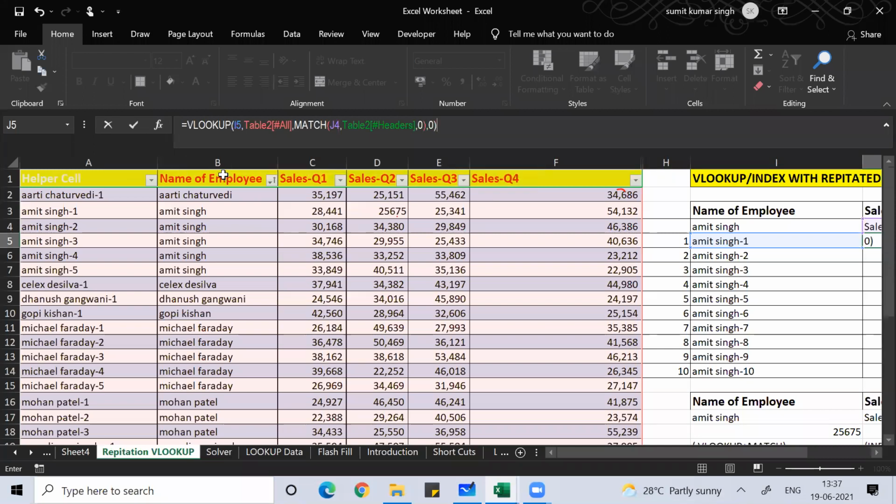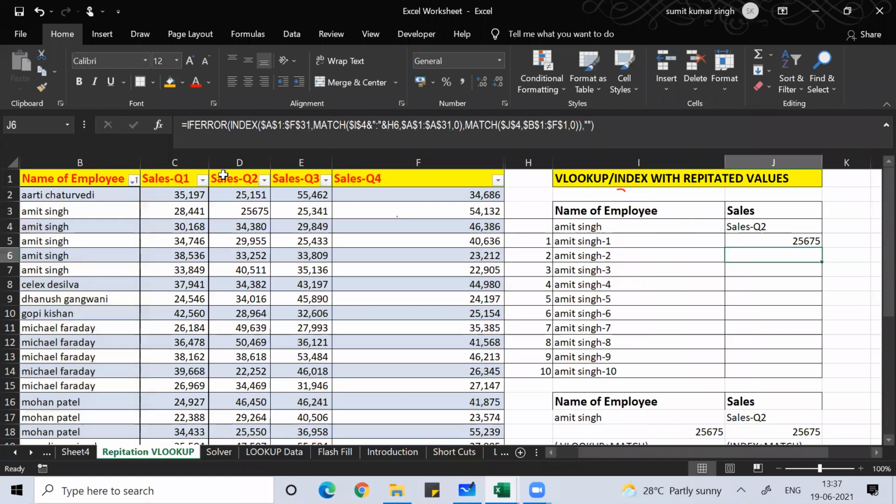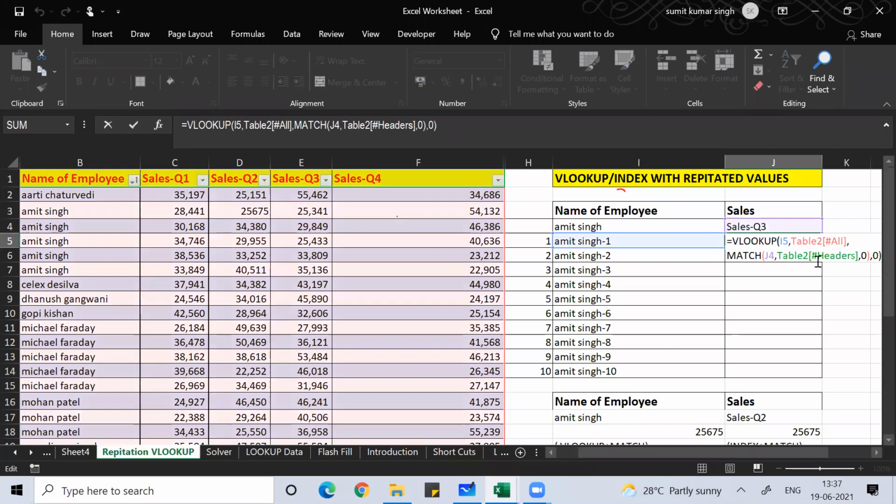Comma 0, close bracket, enter. Yeah, 25,675. You can see Amit Singh quarter 2. Fine, everyone. Quarter 3, Amit Singh is 25,341. Correct. You understood, right?